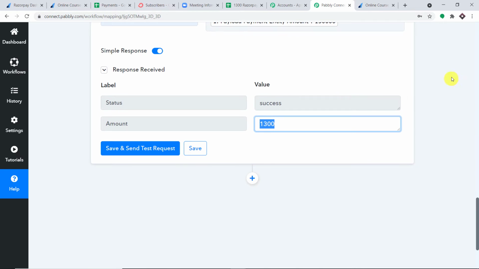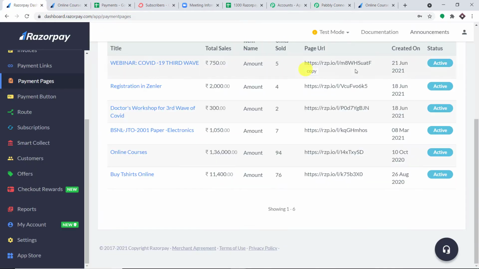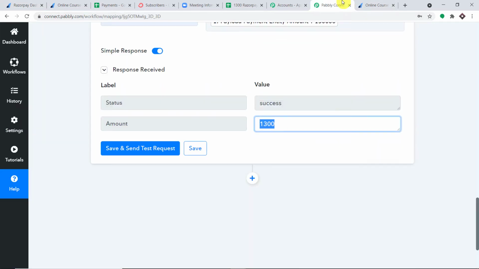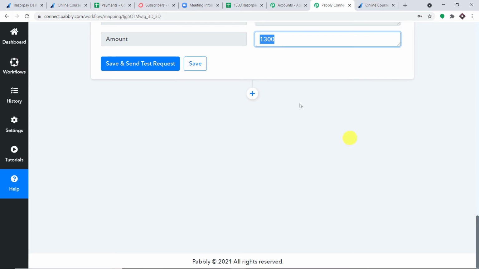So what's next? So here is the thing. As you can see, we do have a ton of checkout pages, ton of payment pages, and each of these payment pages is for different payment amount. We have 150, we have 1300, we have 7000. So the idea is that the data should only flow when the payment is made of 1300 only. Okay, so that is why we are going to establish the filter. So the filter is something like this.